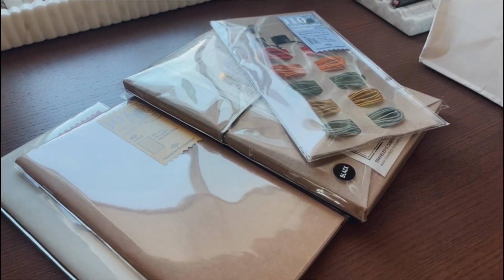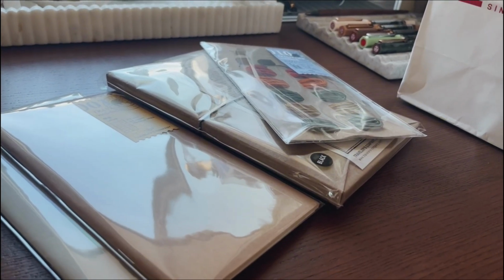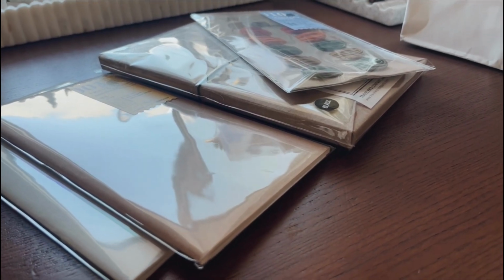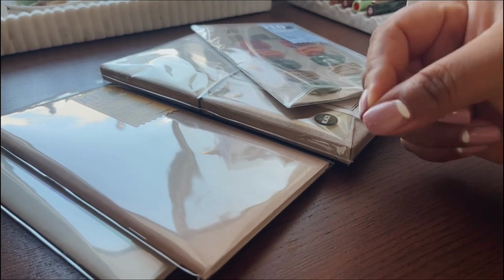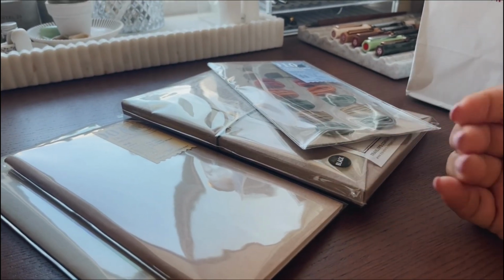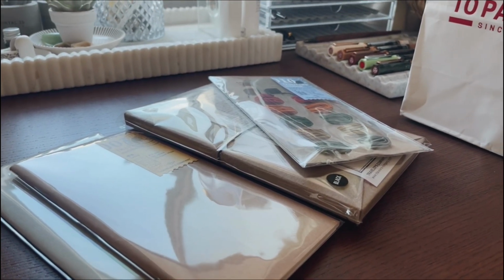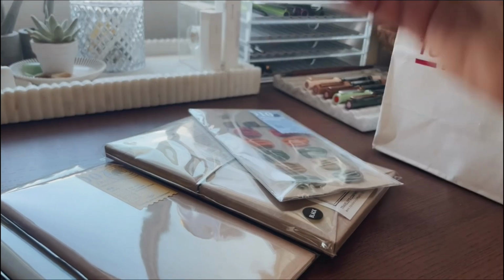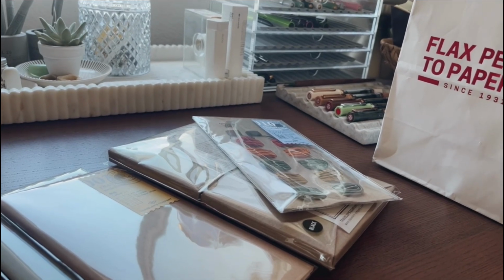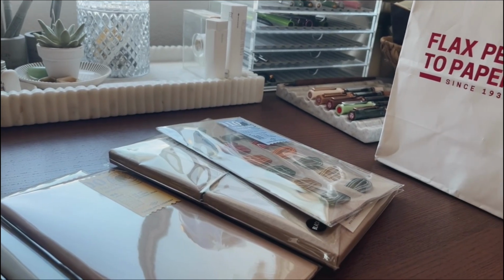Okay, before we pull out the next item, I mentioned to the gentleman that I was working on my handwriting, and he mentioned that he too was, because he was showing me the different nibs with the TWSBIs, and he started writing and it was just so beautiful. I was like, oh my gosh, your handwriting. He said, no, my handwriting is horrible. He said, but we had someone in here teaching a course about handwriting, and she was talking about the strokes and making sure that you stay within the lines, making sure your letters are at the same height. He says, so I was using this notebook